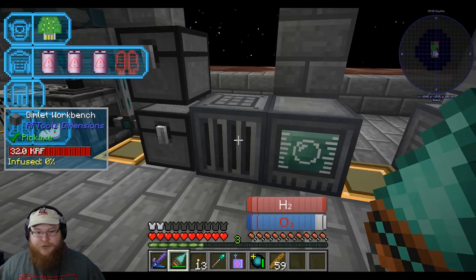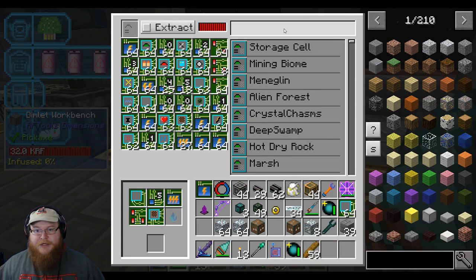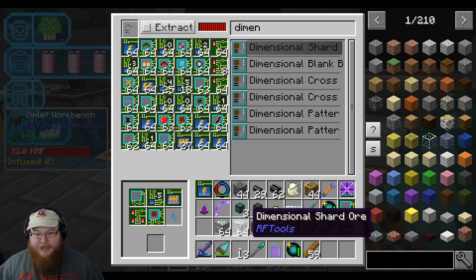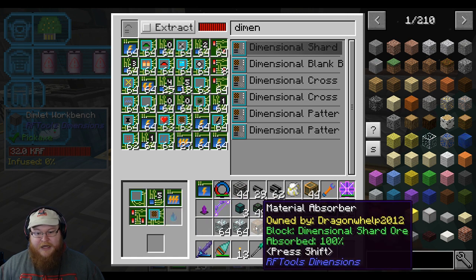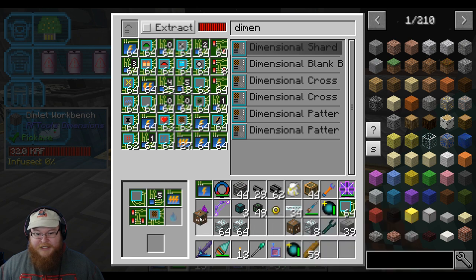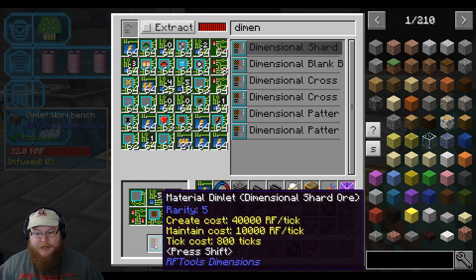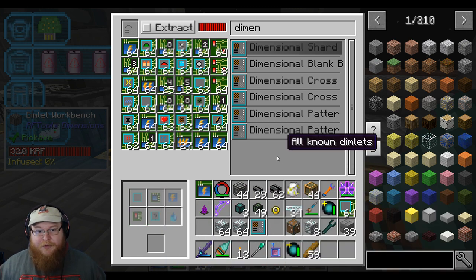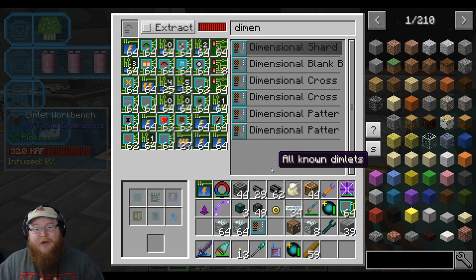So what we're going to do is go into the Dimlet workbench. Like I showed last time, you type in dimensional shard, and all it needs in this little slot right here is the material absorber. And it should give you a material dimlet for dimensional shard ore. So, ta-da! Now the way I'm going to do it, I don't know if I want to make the world,